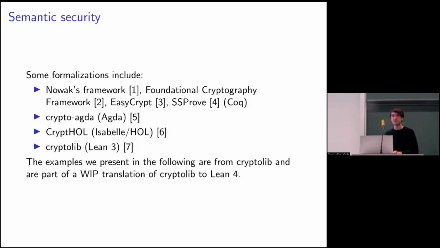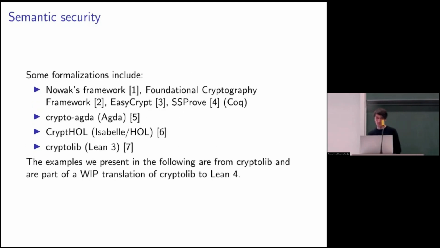It's just examples from CryptoLib, which is written in Lean 3, and as George mentioned yesterday, Lean had a big change from version 3 to version 4, which is not backward compatible at all. So a lot of projects remain in Lean 3, although the standard library was fully ported to Lean 4. So I've been working a bit on translating CryptoLib from Lean 3 to Lean 4, but all credit here goes to Joey Lupo, the original author.